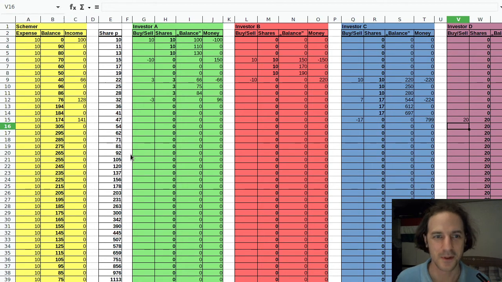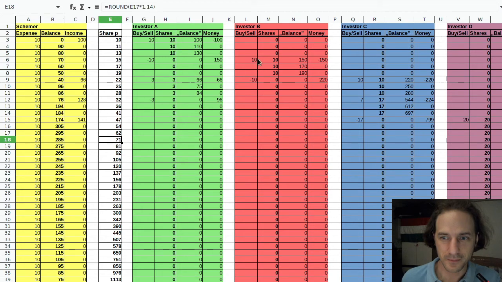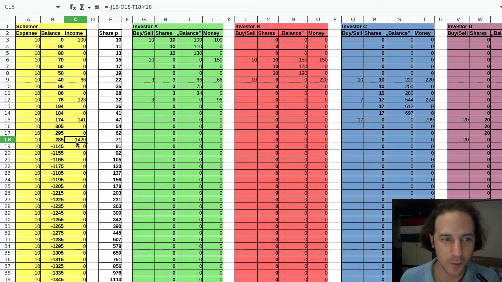So the problem with this kind of Ponzi scheme, as you might have noticed here, is that we don't generate any real value. The only way that this share price can constantly go up is because there are new people coming in. So when this guy wants to cash out and I am forced to redeem this person's money, then I cannot pay back the 1,420. I can only pay back